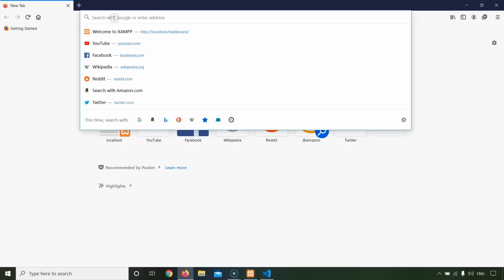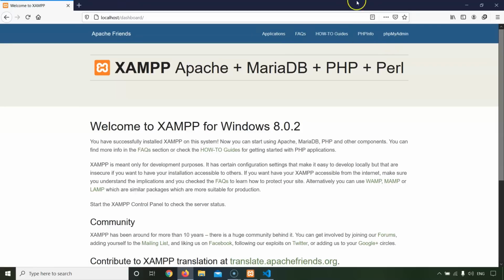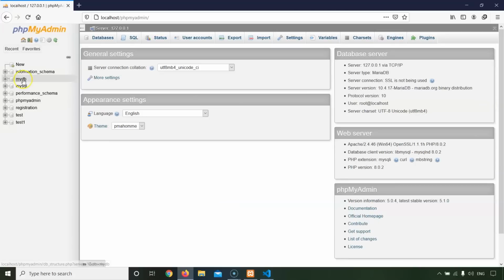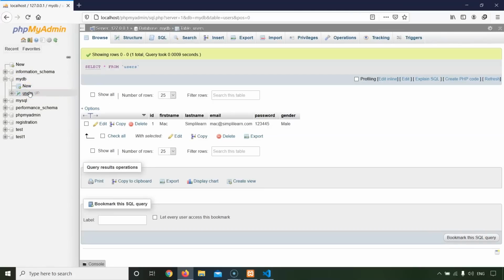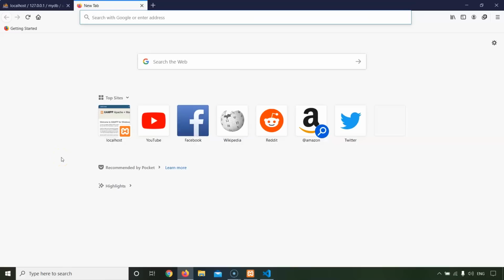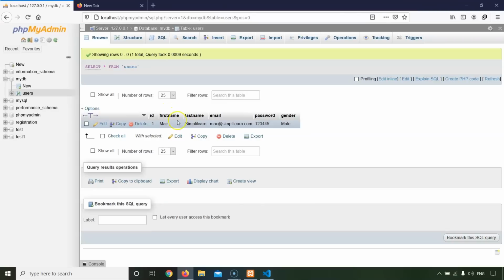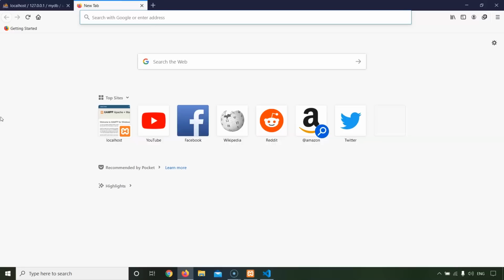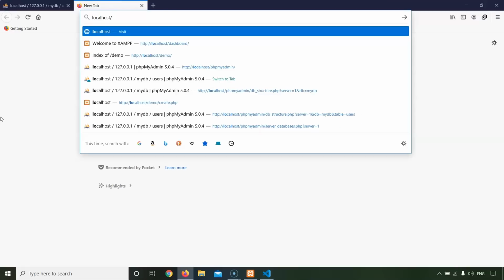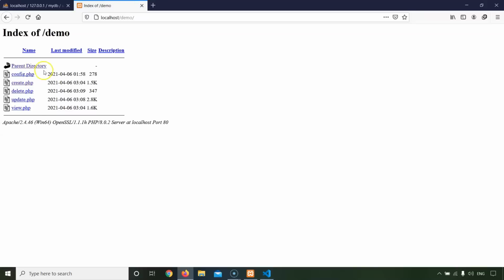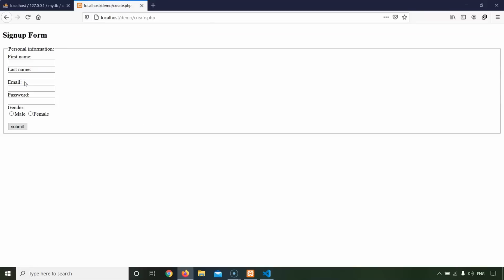Now let's open the localhost first and go to phpMyAdmin and open our users field here. So as you can see, I've already created a record here. I'll create another one to show you how. For that, let's go to localhost, demo, and go to create.php. So second record, let's name it map x. Simplilearn